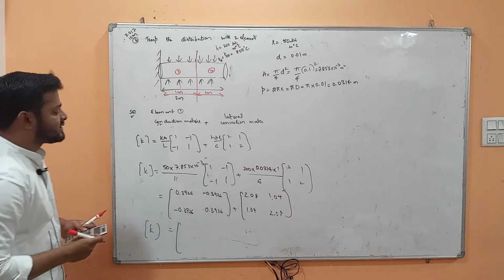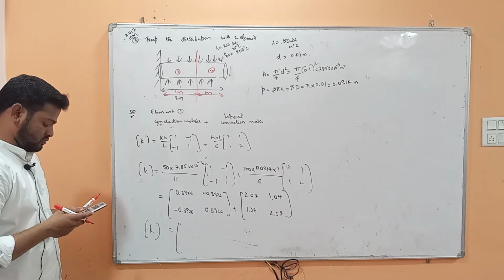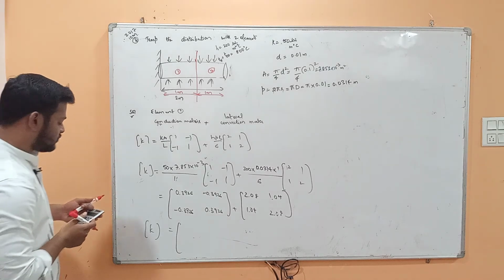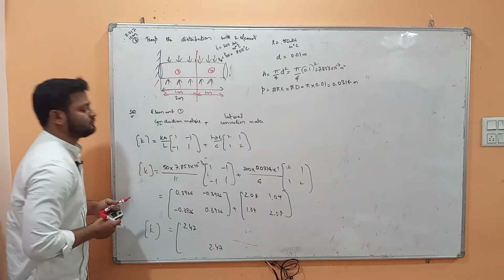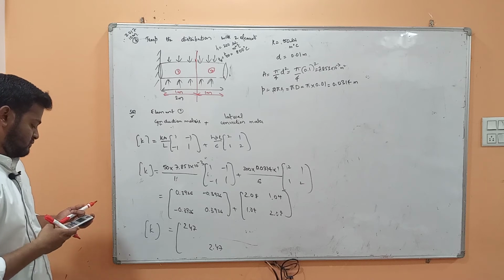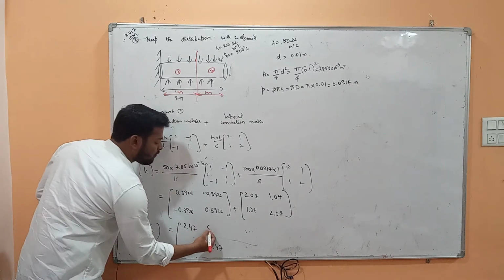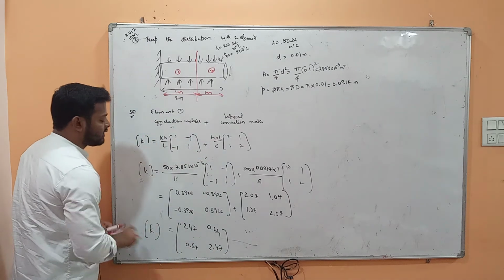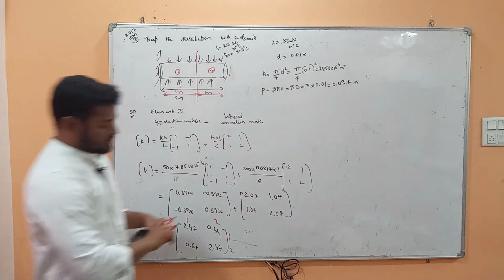So the corresponding elements will be added. 2.47, 2.47, 0.64, here also 0.64. So my element 1 is connecting nodes 1 and 2. So I am going to write 1, 2, 1, 2 here. Similarly, for element 2,